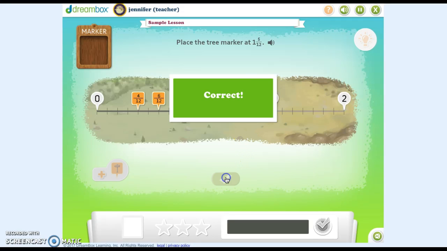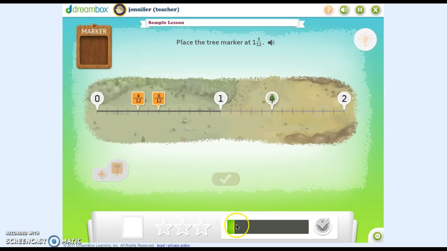So I place the marker, I click the check mark, and it starts to fill this bar. The goal is to fill this green bar with correct answers. It will leave all the markers up here so that I can continue to order these fractions. If I were to get a fraction wrong and click the check mark,